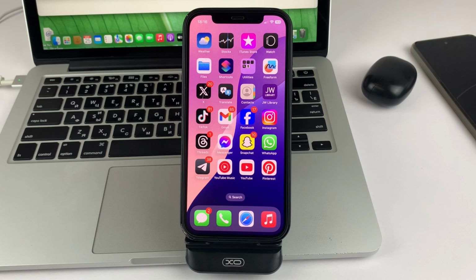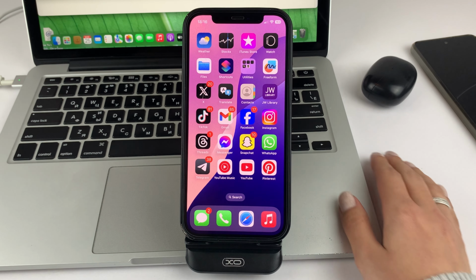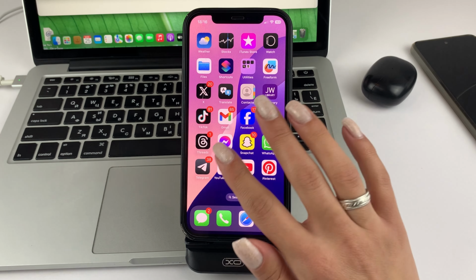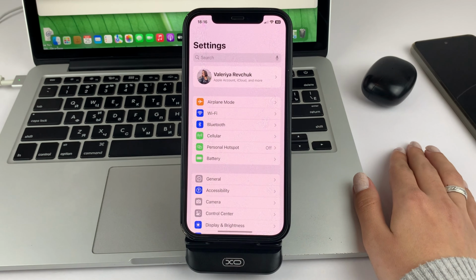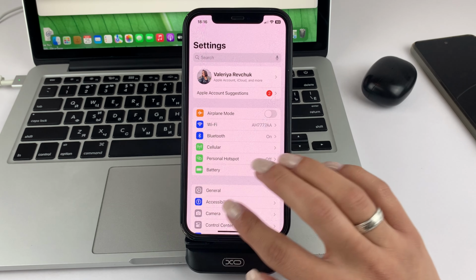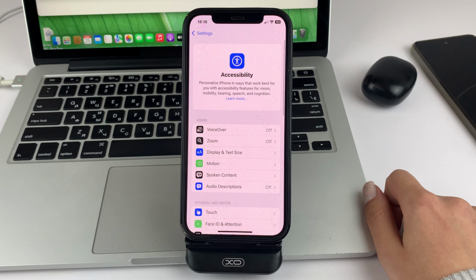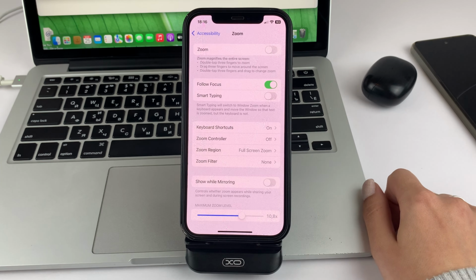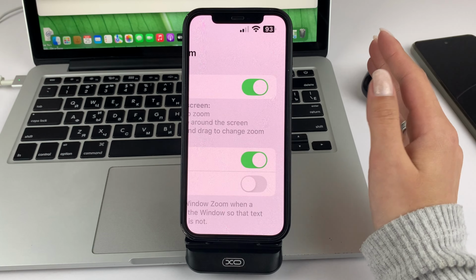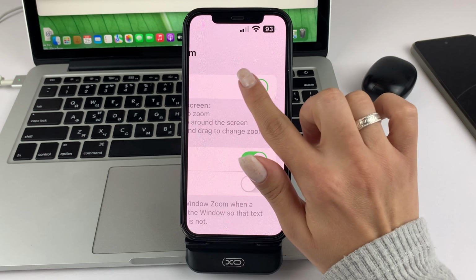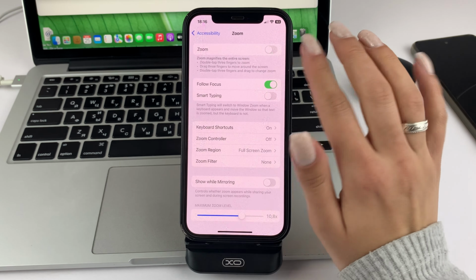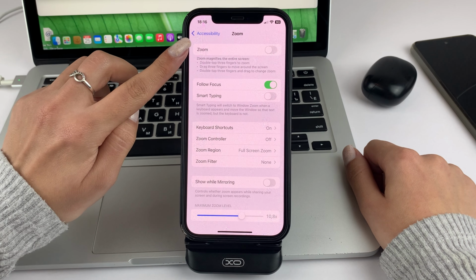Well, let's get started. If you have Zoom installed on your iPhone or perhaps it is installed on some of your friends or relatives, I will show you how you can easily disable it. To do this, you'll need to open the settings. After that, scroll a little bit, select this section right here. In the next one, please click on Zoom. And if you have it connected, then you will need to click on this button and disable Zoom. That is the very first option.